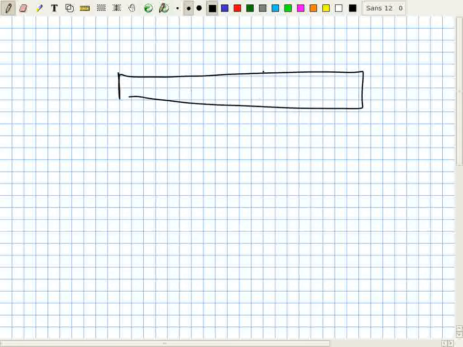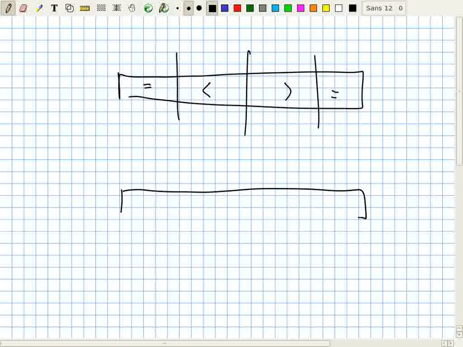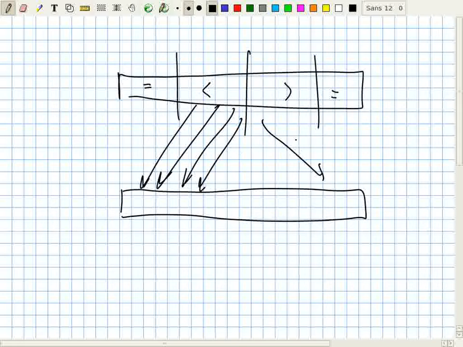So before we had the equals here, we had the less thans, the greater thans, and now it's fully set. There's no mystery area in the middle. So we have these 4 areas, and now we need to rearrange it so that all of these here go over here, all of these go over here,